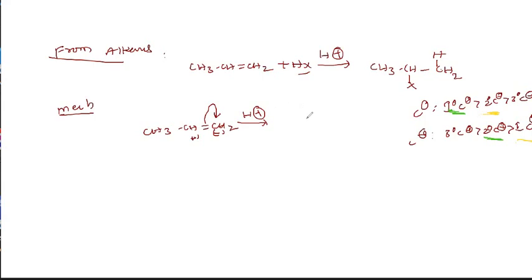Then here this is a negative charge. Negative charge directly attached to H plus. Then CH3, CH2, H. Then this is a carbocation. This is actually the intermediate in this reaction. This is a carbocation and the intermediate. Right? Then second step. Generally it is a two-step reaction. Then the second step is CH2, this is a plus.